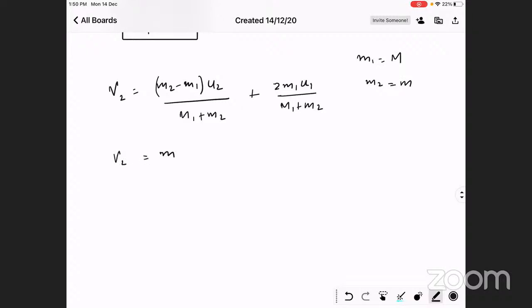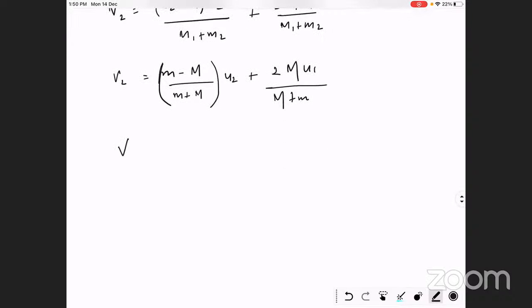So small m minus capital M upon small m plus capital M, u2, plus 2 capital M u1 upon capital M plus small m. Again बच्चों, what will I write here? Small m minus capital M, what will I get approx? Come on, jaldi, fast. Minus capital M, u2 divided by